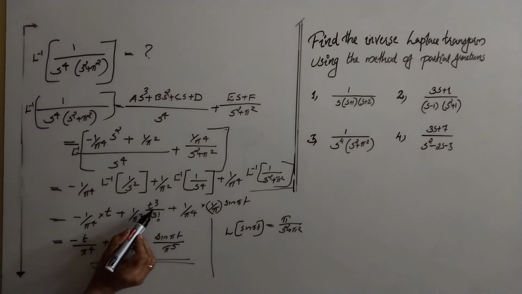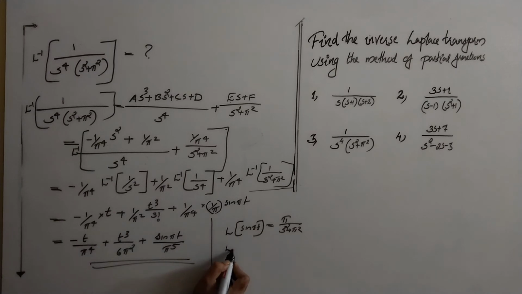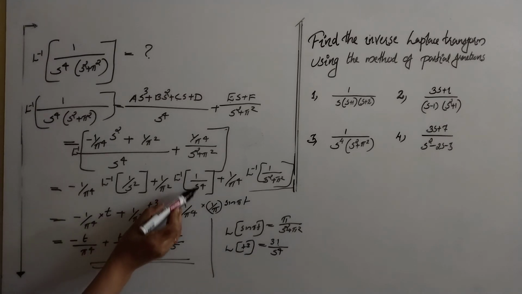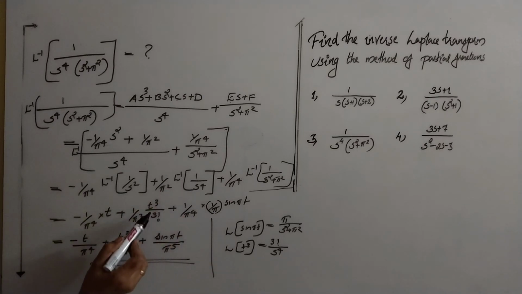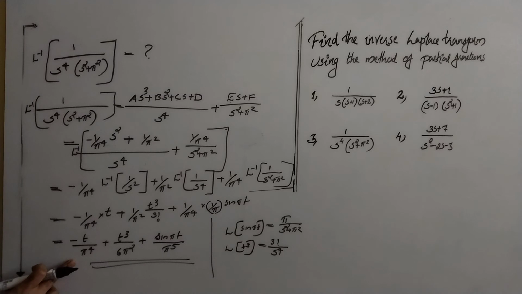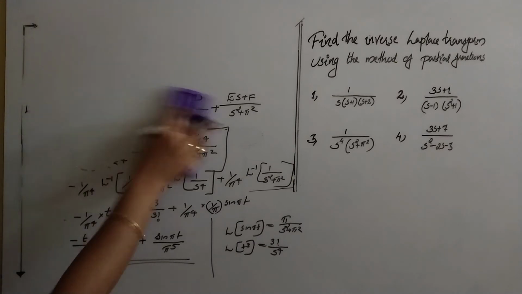Here Laplace transform of t cube is what? 3 factorial divided by s raised to 3 plus 1. Here 1 by s raised to 4. So inverse Laplace transform of 1 by s raised to 4 is t cube divided by 3 factorial. So the answer is minus t by pi raised to 4 plus t cube by 6 pi square plus sin pi t divided by pi raised to 5. The last one is